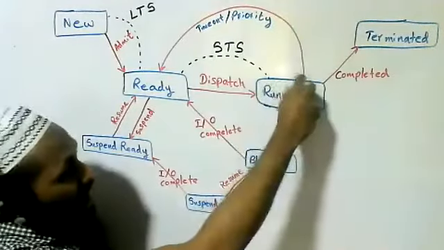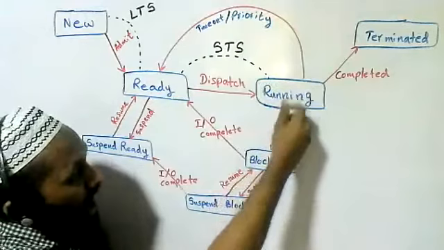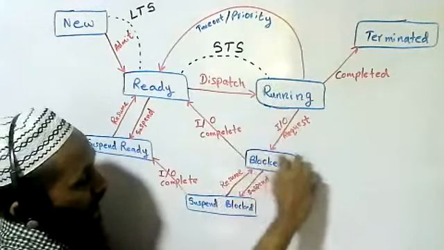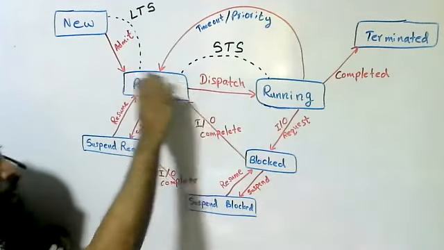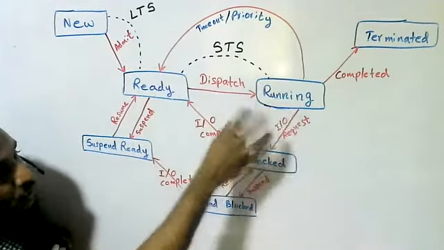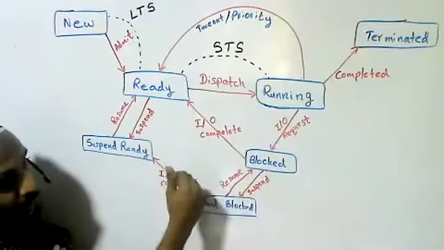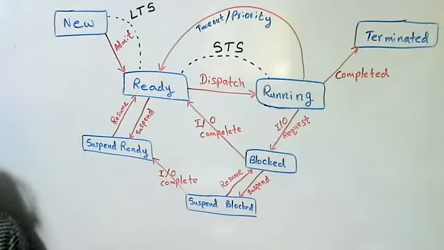Whenever a process is running, if it needs an IO request, it may come to the blocked state, and let's think there are more and more IO bound processes. You know what is IO bound, what is CPU bound. What is IO bound, students? More time taken for input output devices. Yes, if a process needs more input output time, that is called an IO bound process.